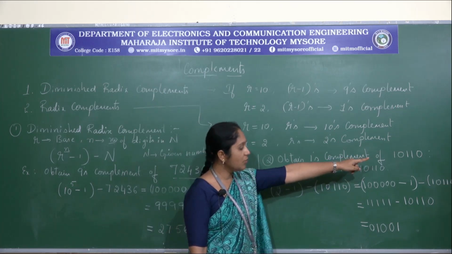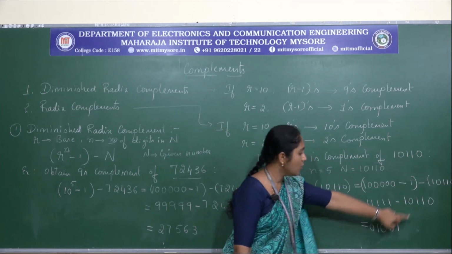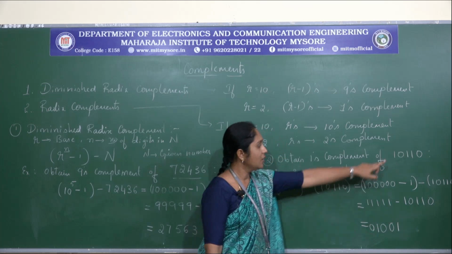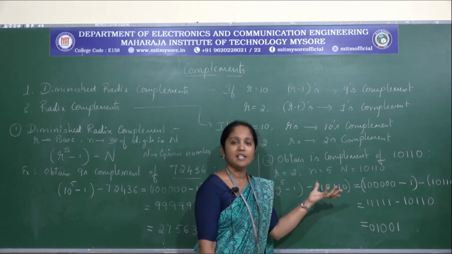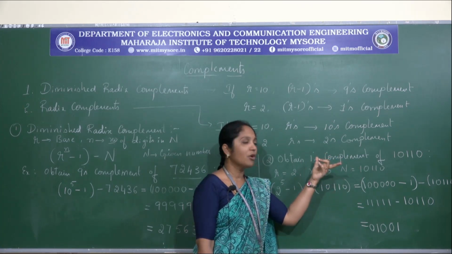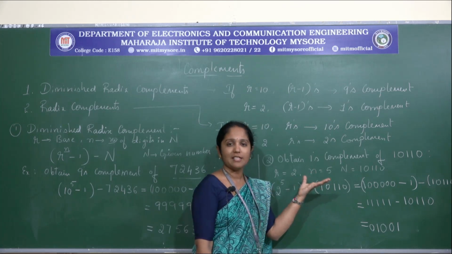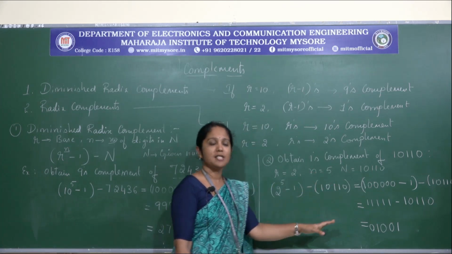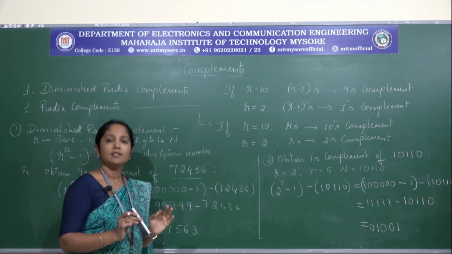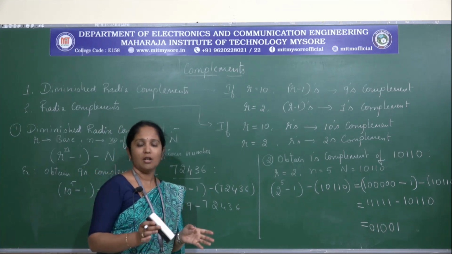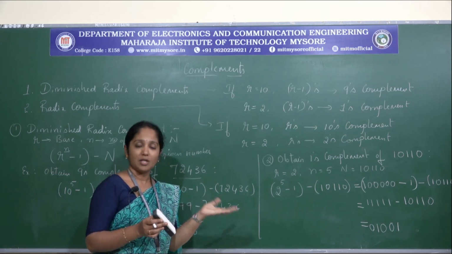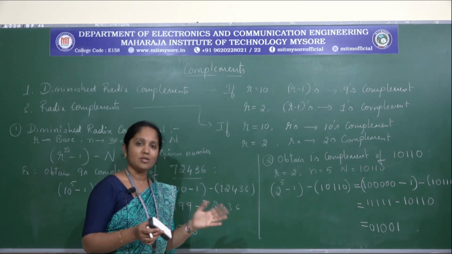If you just observe, for the last bit we have 0, here we have 1, here 1, 0, 1, 0, 0, 1, 1, 0. So what is the easiest method? From this, if you observe carefully, the bits are just negated in the given string, whatever string we have. So if you just negate the bits, that is sufficient to obtain the ones complement. That is the easiest way to obtain the ones complement. So just use a not operation, that is, negate the given bits. Make ones into zeros and zeros into ones,